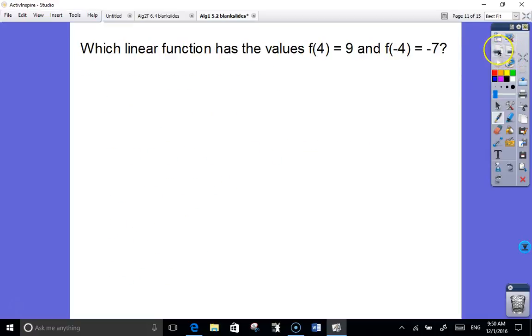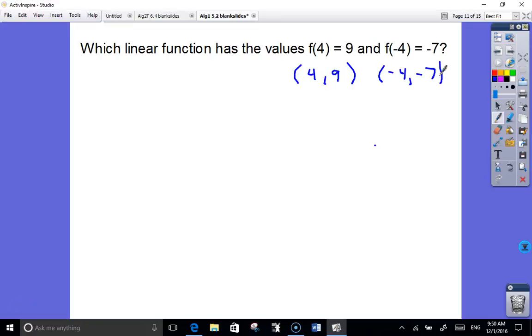Okay. So now, just like we did in the homework, how do you turn those function values into points? What is the function? What is the point? 4, 9. Right? What is the point? Negative 4, negative 7. Right? Turn them into points. And now you're doing the same thing we did on the last slide, which is calculate